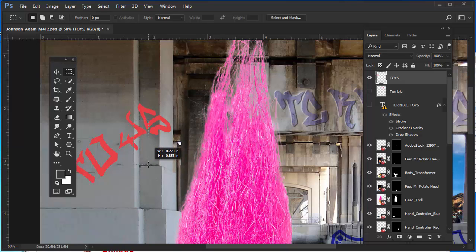Now here's something that you'd want to know. The Alt key, or the Option key, does two things: it duplicates and subtracts from. The Shift key does two things: it constrains and adds to. Okay, so if I wanted to add to the selection, I'd hold down the Shift key and click